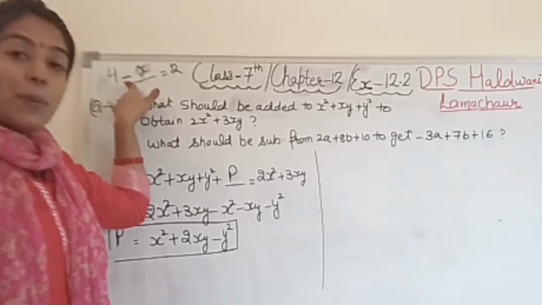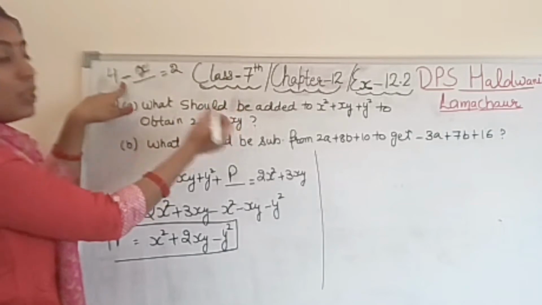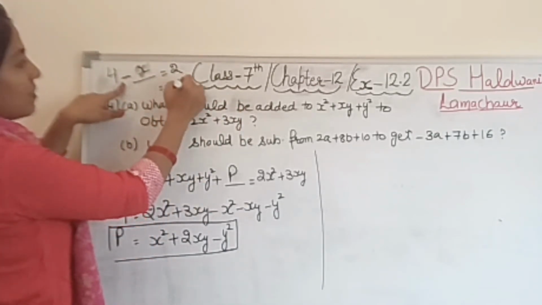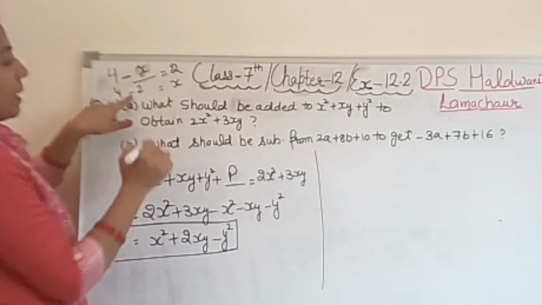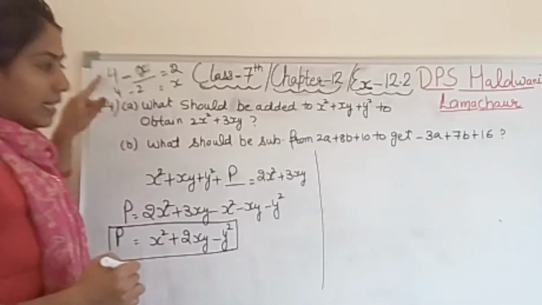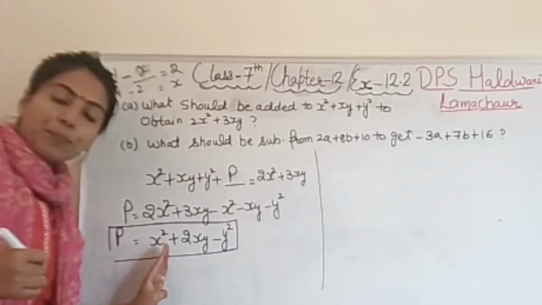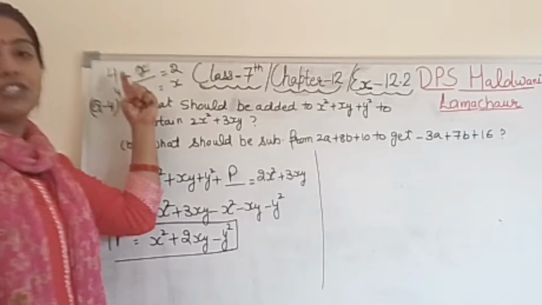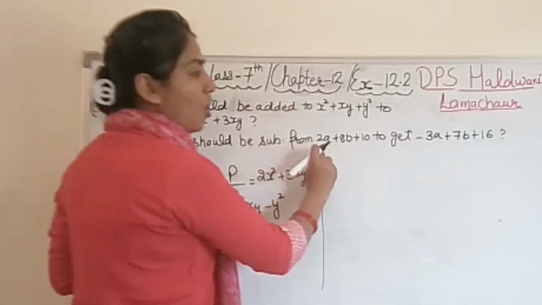So always keep in mind that this minus will shift, because this minus will change into positive. So the x will be, 4 remains here, this 2 will come to that side. So 4 minus 2 is 2. Right? It means here the left hand side term will not shift. The right hand side term will come towards the left hand side, because this minus x will change into plus x afterwards.